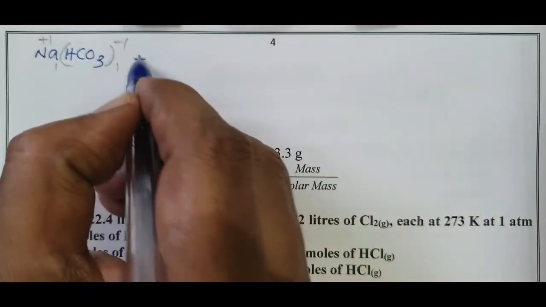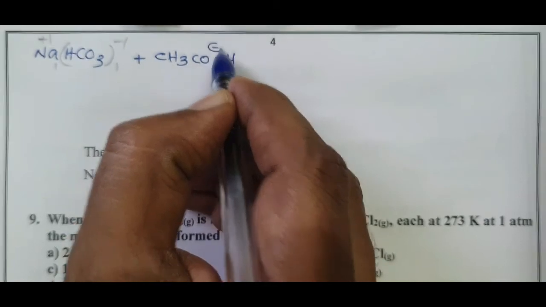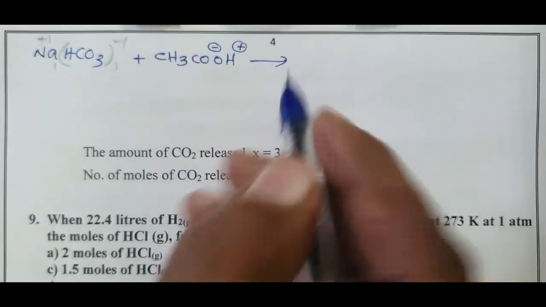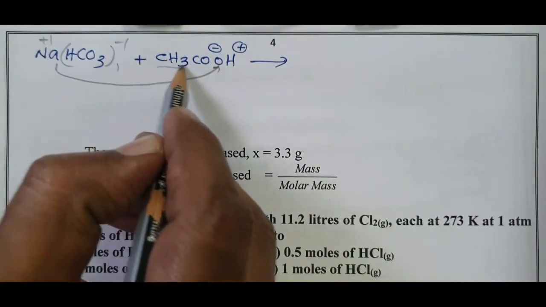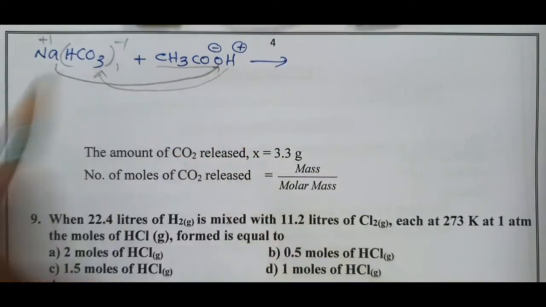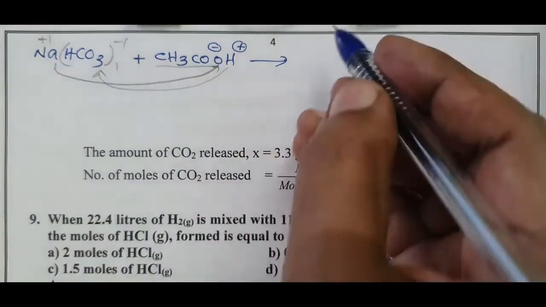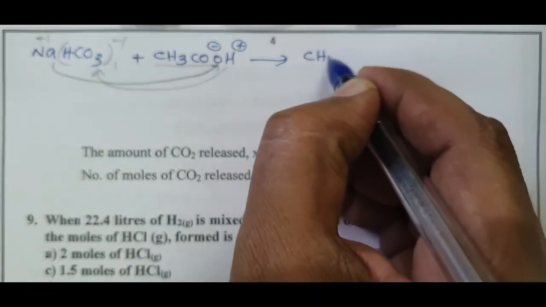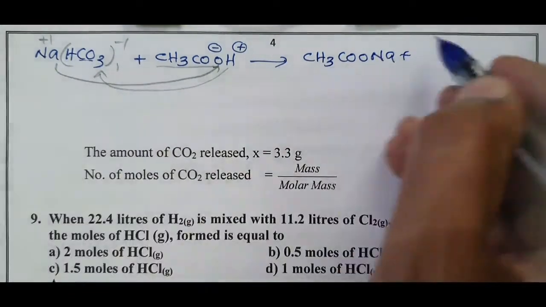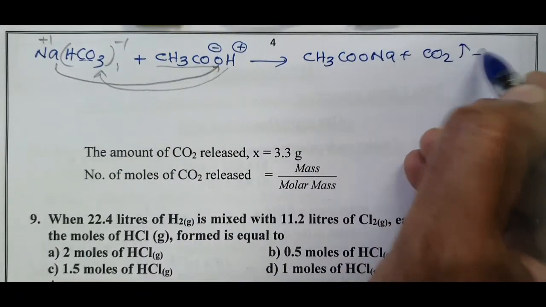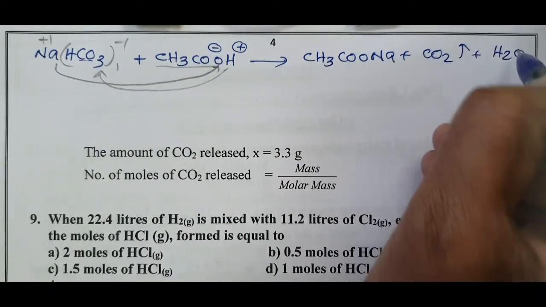When treated with acetic acid, CH3COOH, we get acetate ion and H plus ion. We know plus always combines with minus. This plus combines with this minus, that is acetate minus, and H plus combines with the HCO3 minus to form carbon dioxide and the H2O water molecule is removed. Sodium acetate, CH3COONa, is formed, and from the carbonate, carbon dioxide gas is evolved. The remaining one oxygen, the H2O water molecule, is also removed.